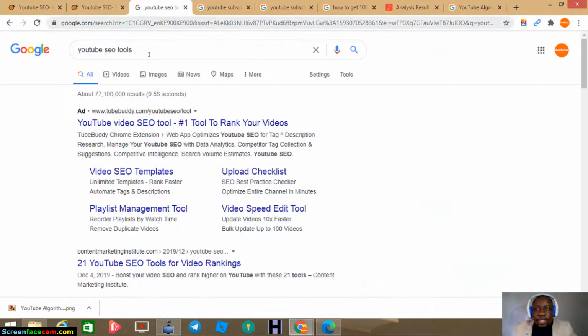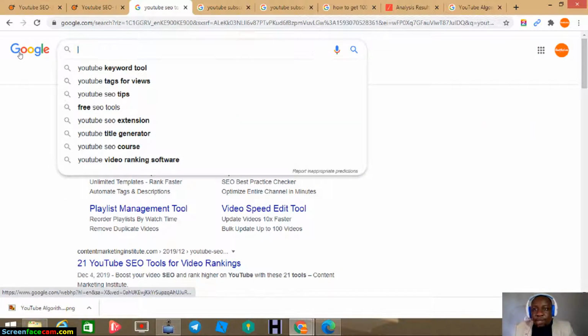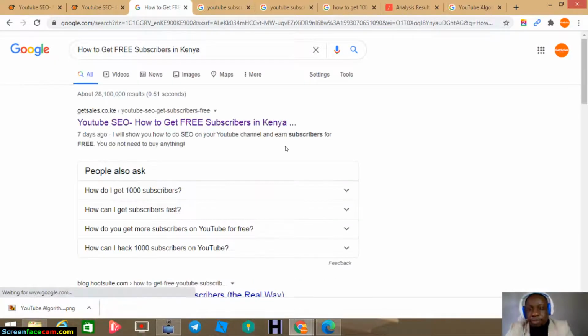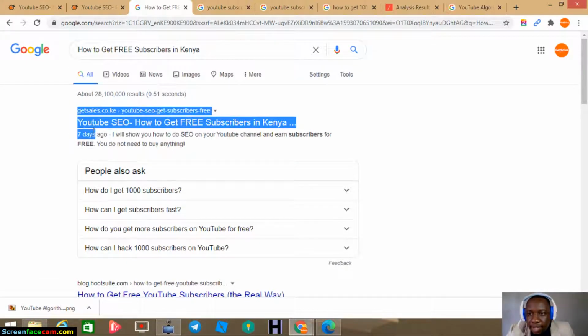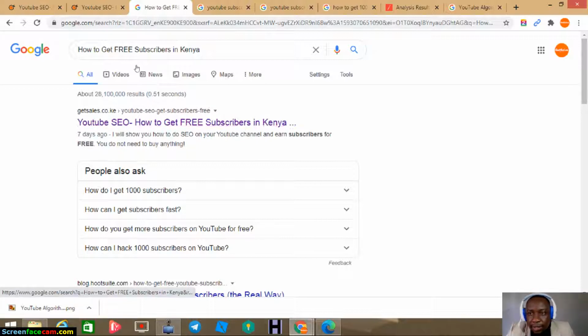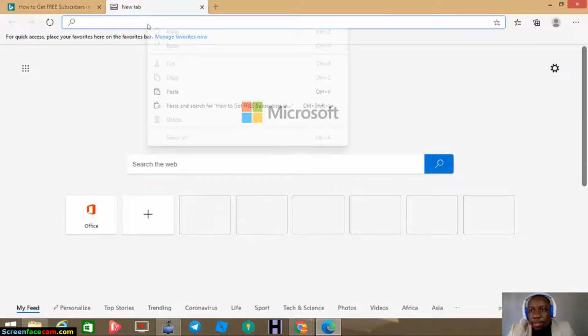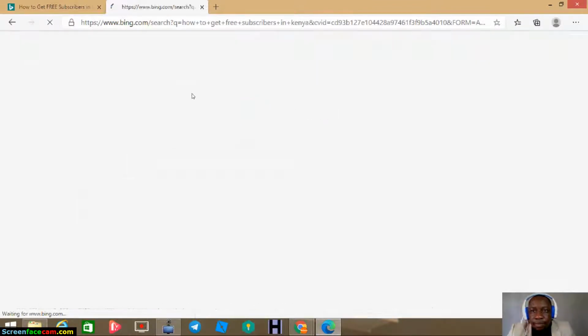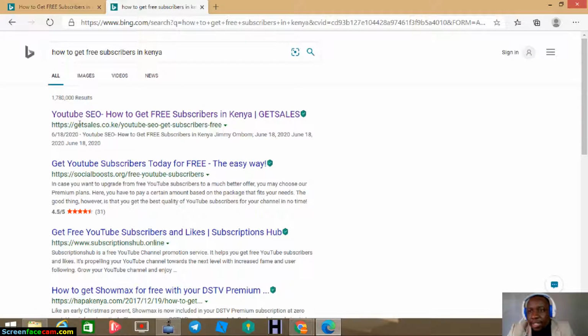Now let's go to search engines and see how my article is performing. You can see it's ranking first here. This was 7 days ago, when I first published it. 7 days ago, and it's already number one for the keyword how to get free subscribers in Kenya. We can also go to Bing so that you can confirm this, and you can see it's ranking number one. So that's how to create an article and make it rank on Facebook, on YouTube, and all the search engines